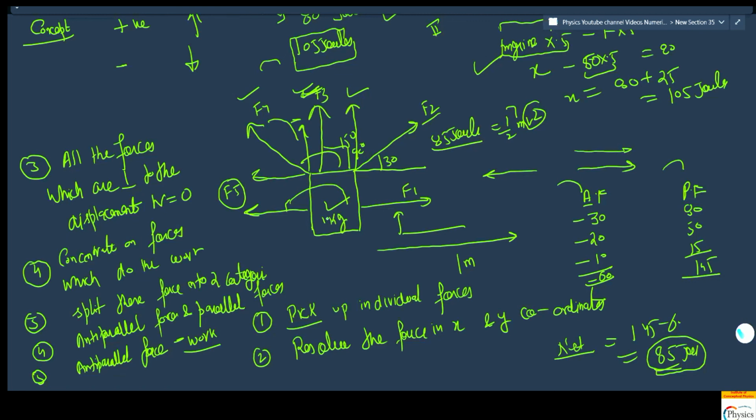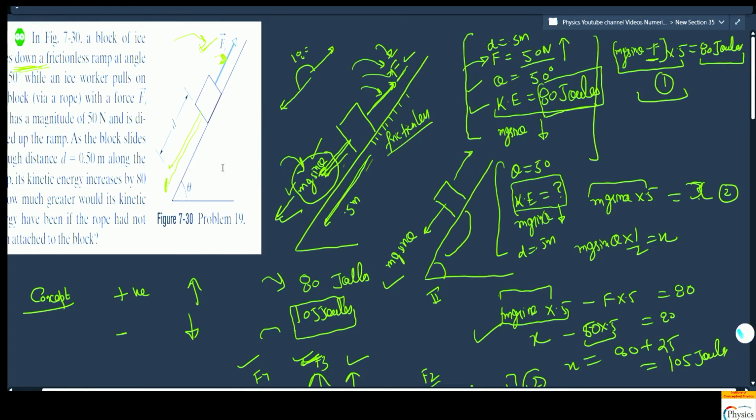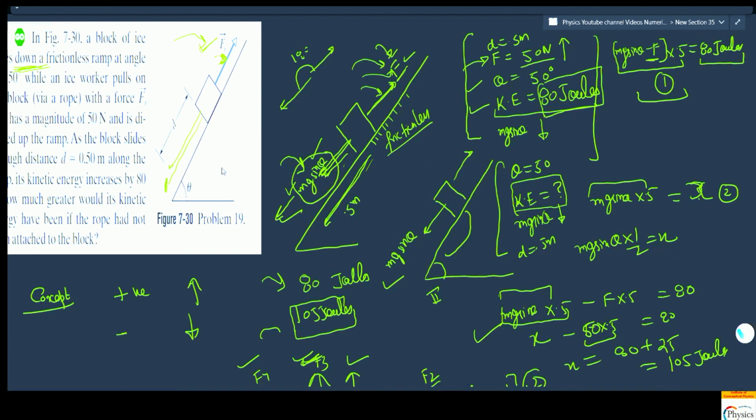So the examiners could test your level at multiple levels, and you have to peel the onion. But be very careful that you read the questions. In this particular question, the body was going down. That was very important to understand. If the body was going up, you could probably test your concepts. If the body is going up, what exactly would the force look like if the gain in kinetic energy is this much,